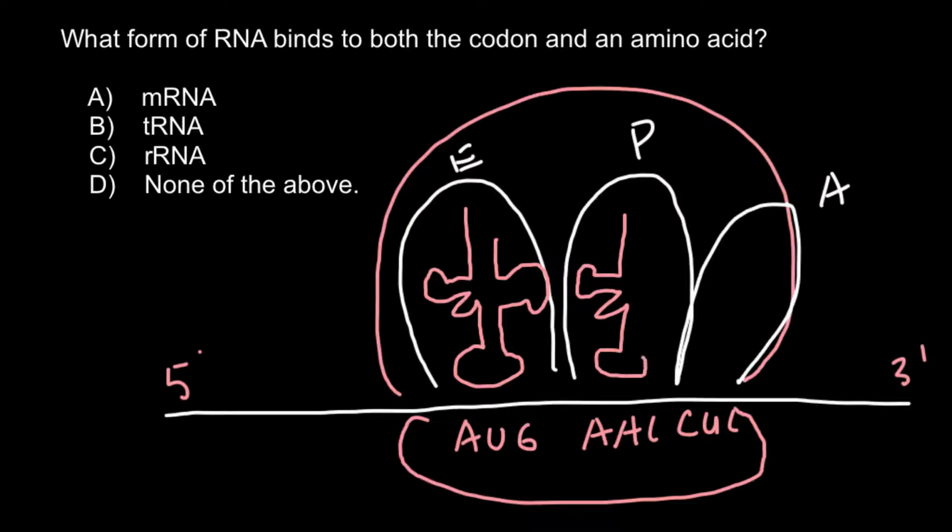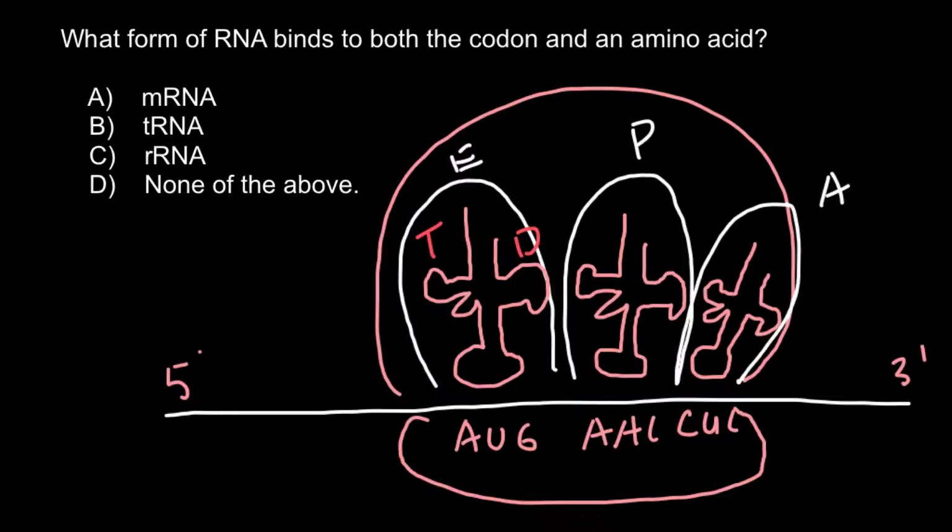It also has a variable stem that you can find here. Each loop here has its own name. So this is going to be the T loop, this is going to be the D loop, and this loop we call